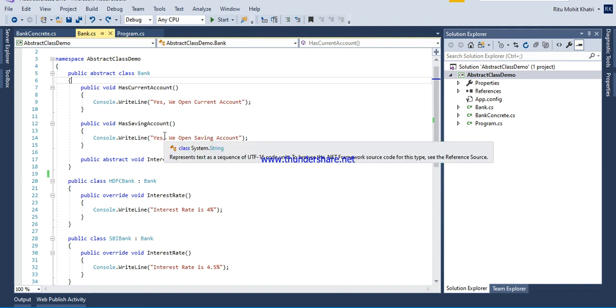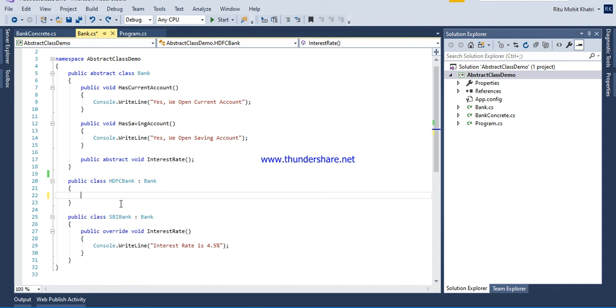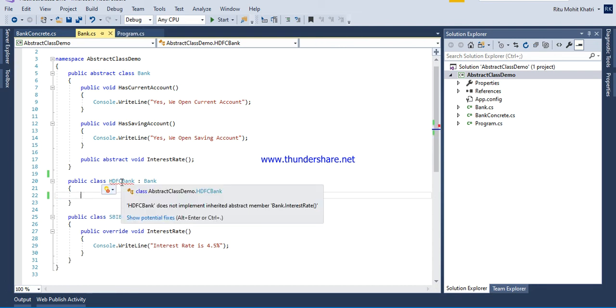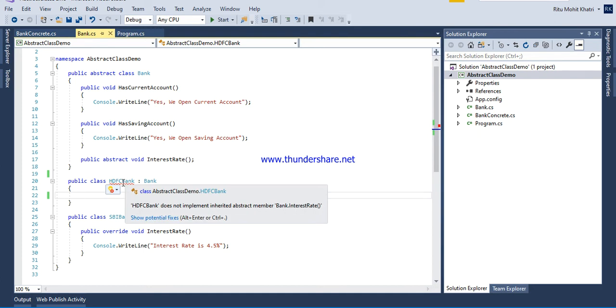But this is not true, because if for example you forget to override this method here, the compiler will prompt you that you need to define this member. So there is a definite chance that you are always overriding the abstract methods, because if we have the abstract method in the abstract class, it always needs the definition in the child class.